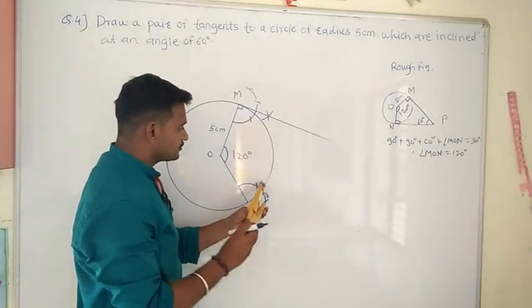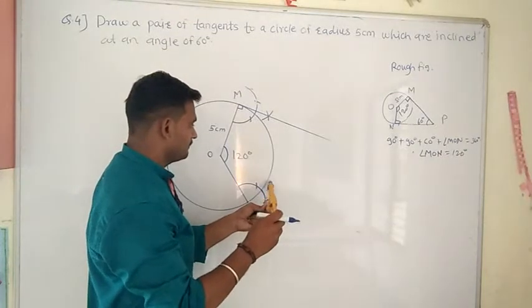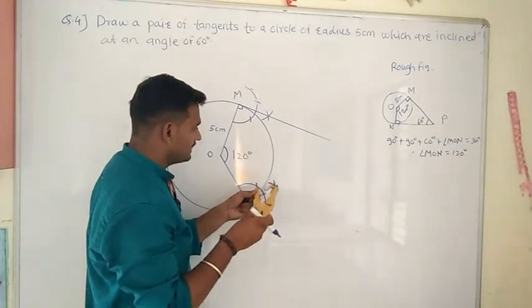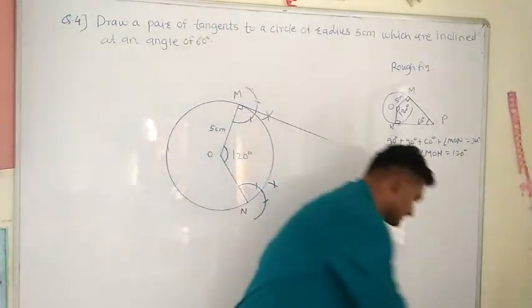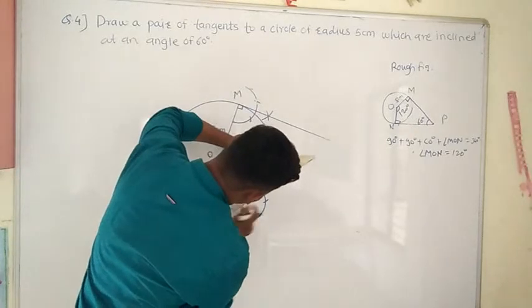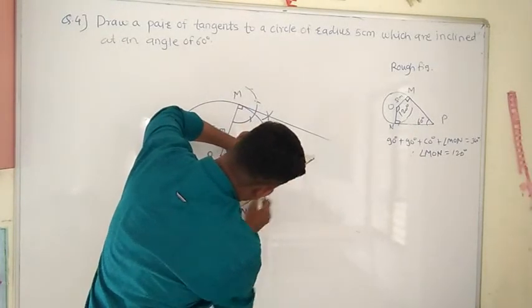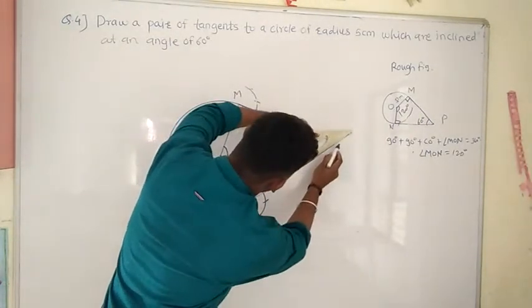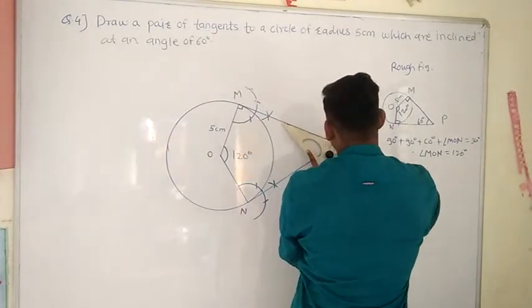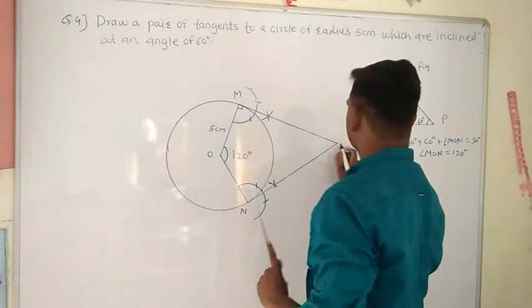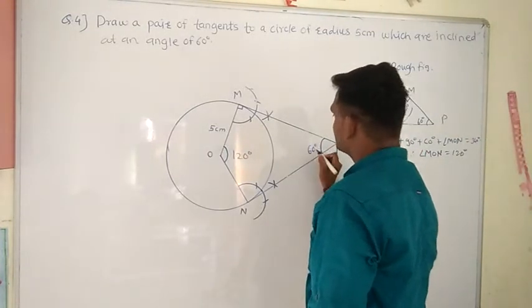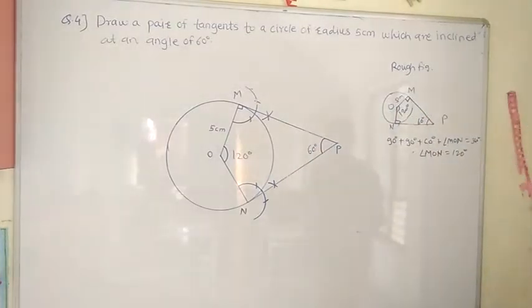Now we have to bisect these 2 points. We will get a 30 degree angle. 60 plus 30 is equal to 90. We have seen this procedure in class 9. Now draw the line through these 2 points. Now where these two tangents intersect, name that point as point P. Now therefore we can get angle 60 degree. Now we got this angle is 60 degree.